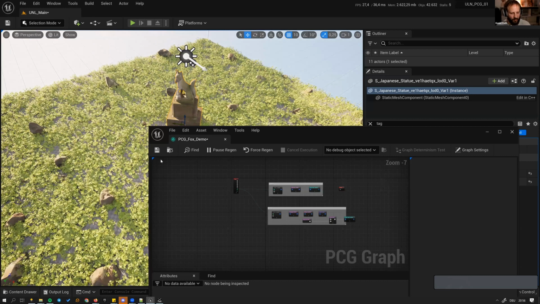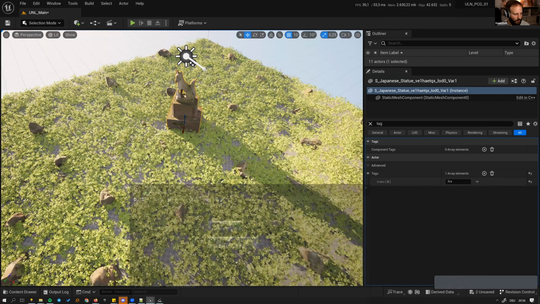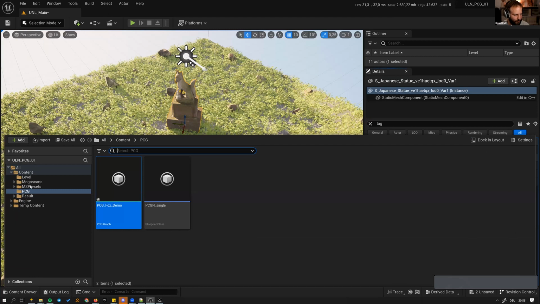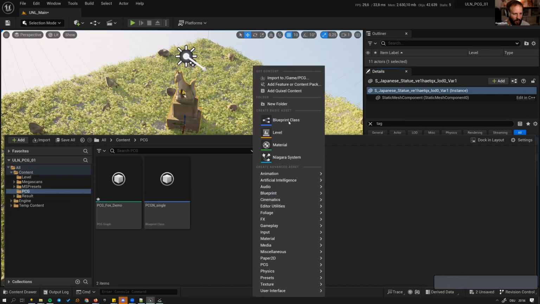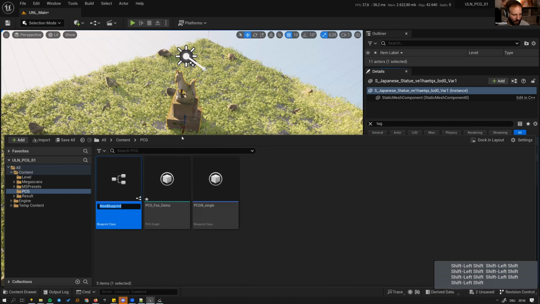You can use a spline as an area, so everything inside of a spline will be treated different than everything outside of a spline, or just copy points along a spline. In our case, we just want to copy it along the spline. And to make it easier and more flexible, we will just create a blueprint actor to do this. So when you open up your content browser, let's just go to PCG and create a new blueprint class and set it to actor. And we will call it